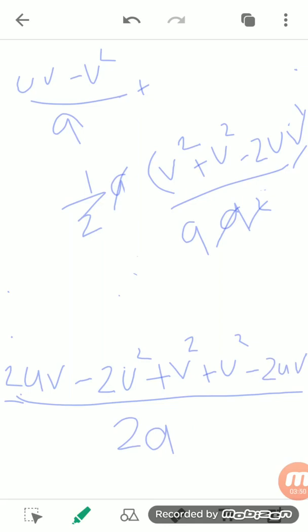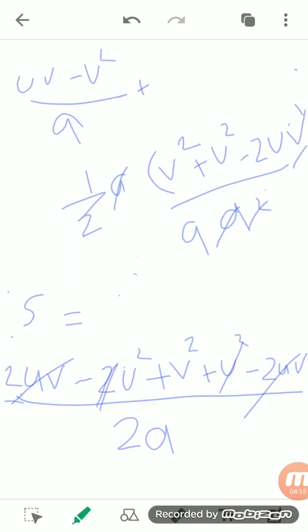Okay, so see here, S will be equal to 2uv minus 2u square plus v square plus u square minus 2uv upon 2a. So this is plus 2uv and this is minus 2uv, so it will be cancelled. This one is u square, here it will be minus 2u square, so it becomes